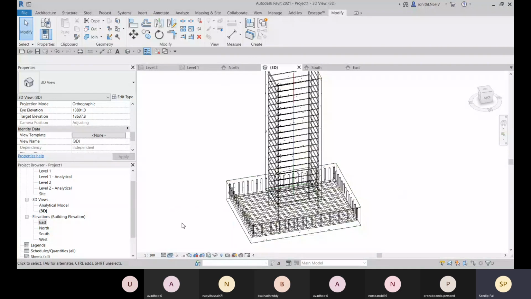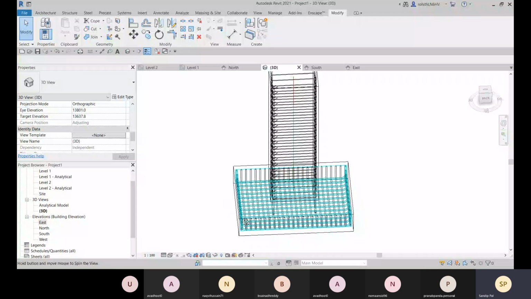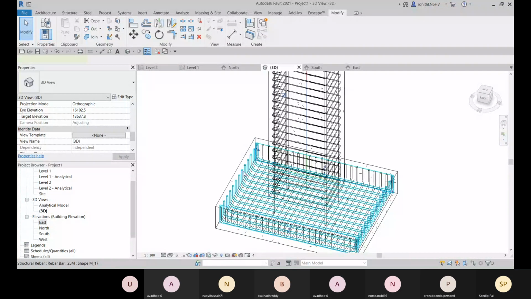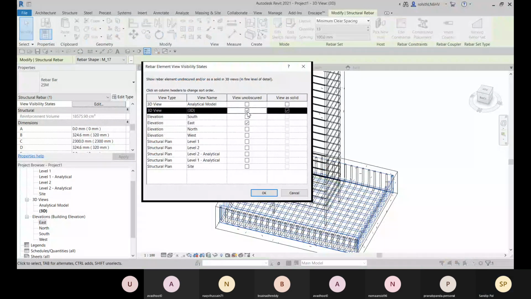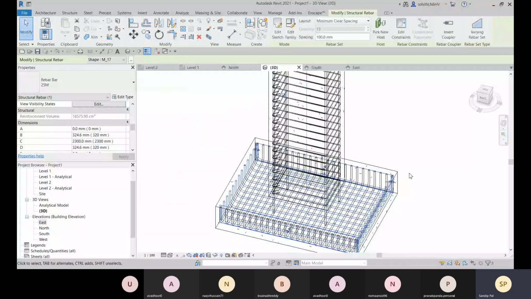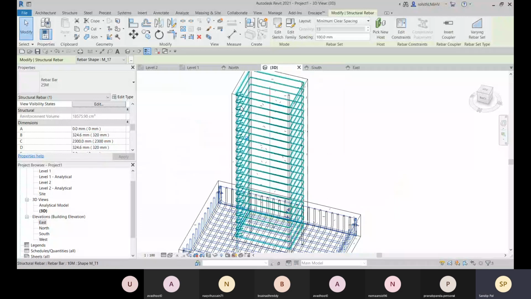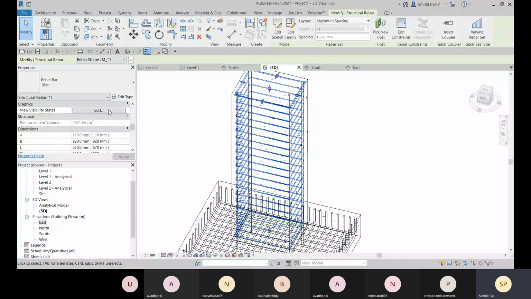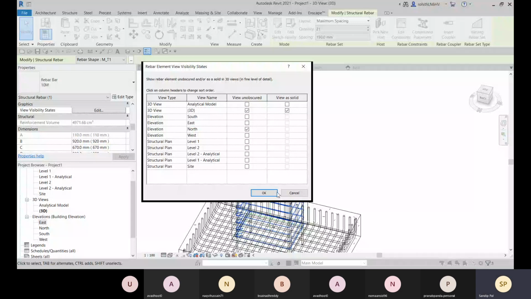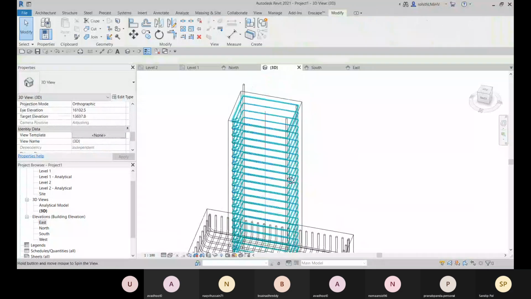So go to the wireframe and select this side, click on this view unobscured. And these stirrups, click on this. Yeah, that is fine.